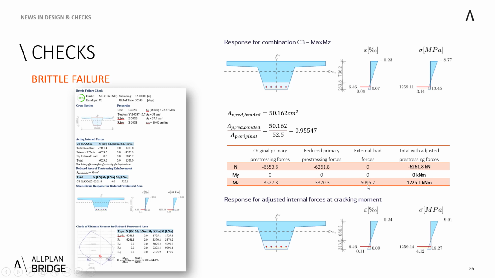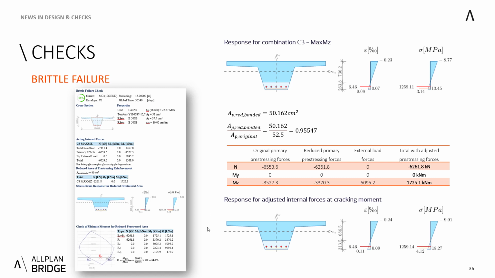We sum those reduced forces with the external loads and come up with new adjusted total values, which gives us this response for adjusting cracking moment internal forces. As you can see, this was the response of the original C3 max MZ leading component results, and this is the result with the reduced pre-stressing forces, and for those forces we carry out this interaction diagram